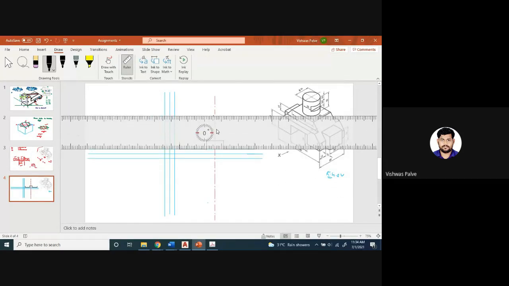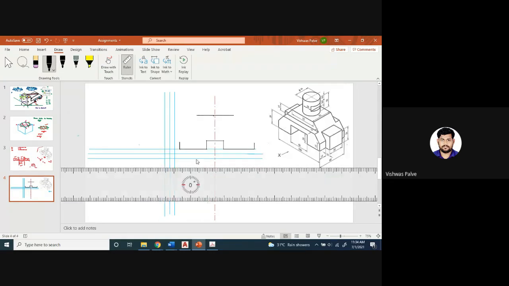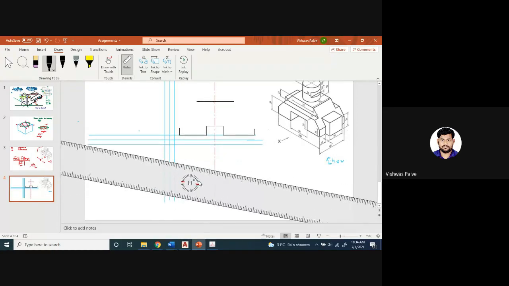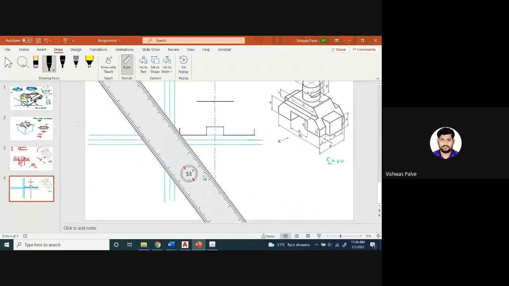So from this point, I will draw a horizontal line of 52 millimeter. Okay. So after drawing this, I will connect these 2 points. I can easily connect these 2 points.